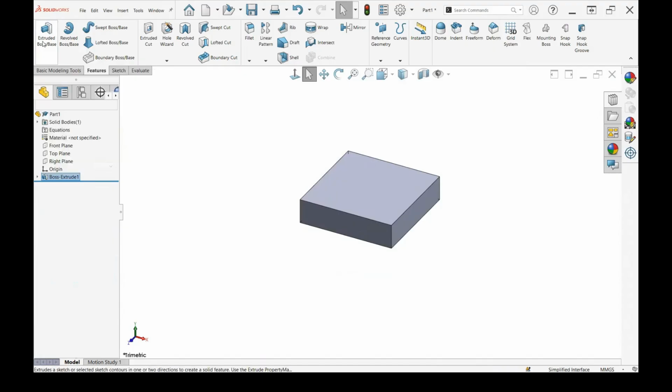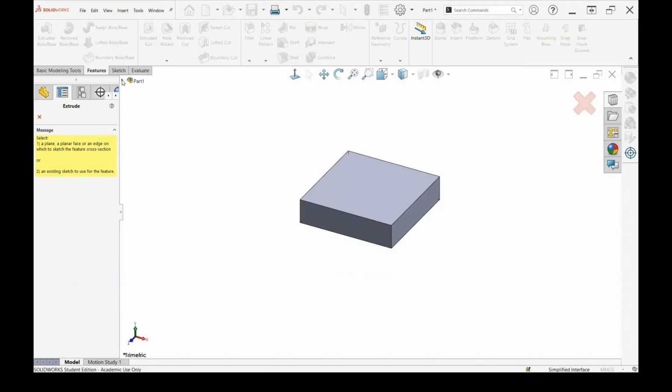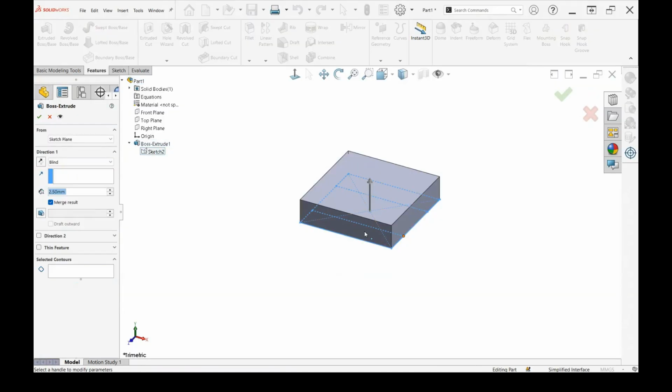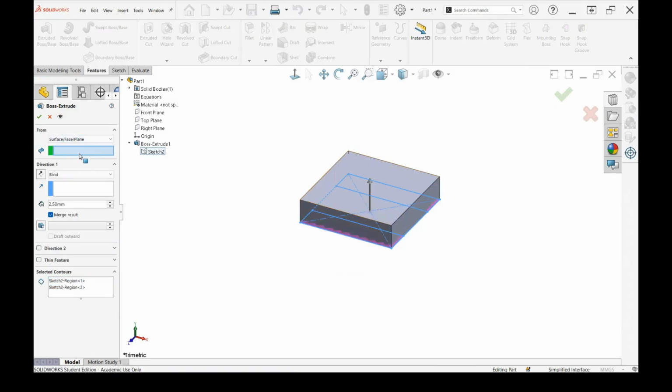And then we're going to go back to extruded boss base. In our picture-in-picture feature manager, we're going to extend Boss Extrude 1 and go to Sketch 2, the one that we drew a moment ago. We're going to select contours, the outer rectangles, and we're going to go from Surface Face Plane, which is going to be a new use of the tool for us.